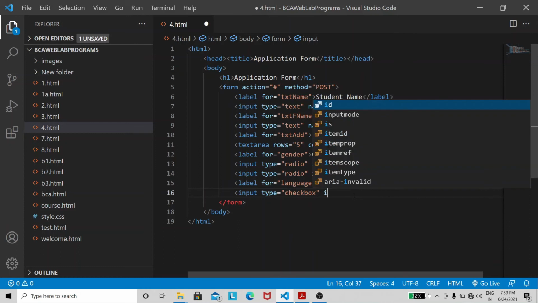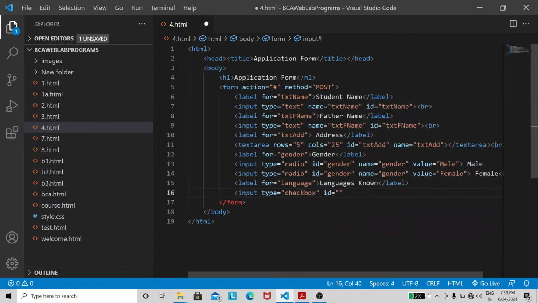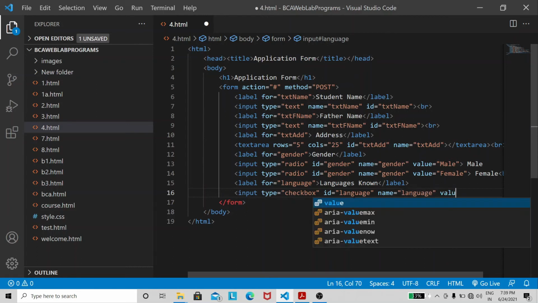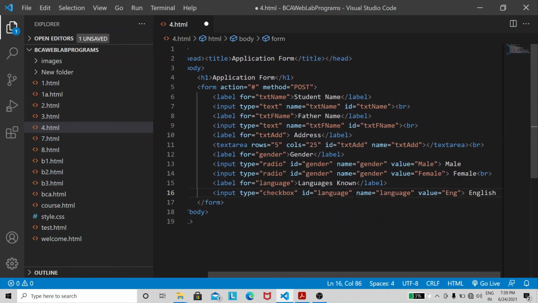ID is equal to language, name also language, value eng for English.